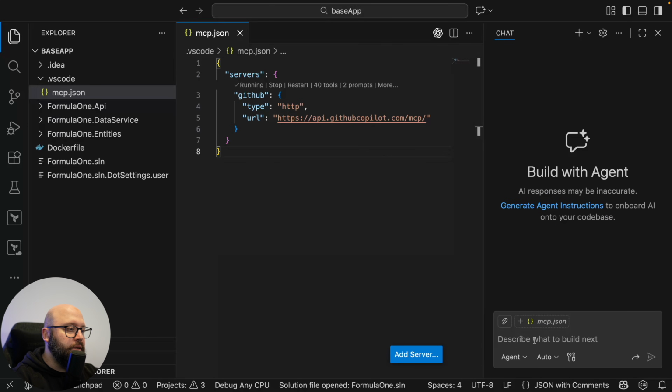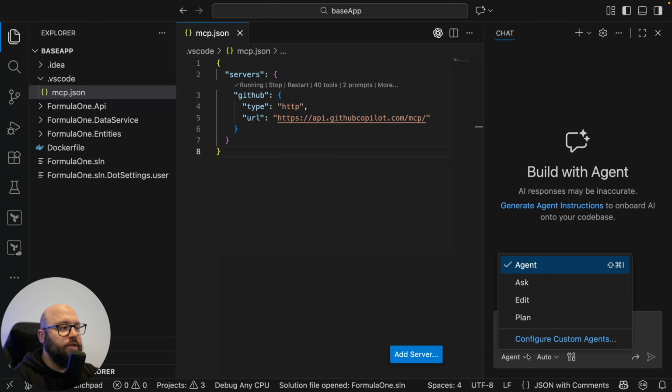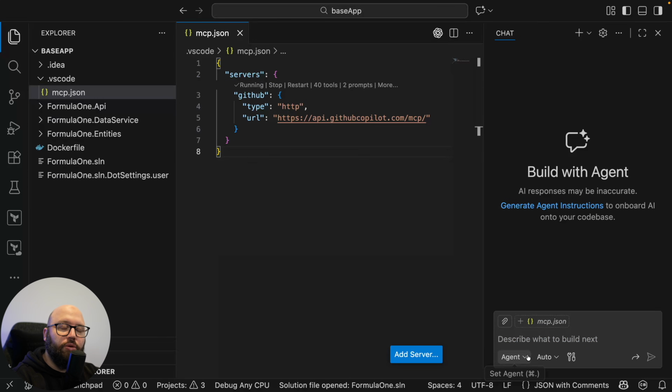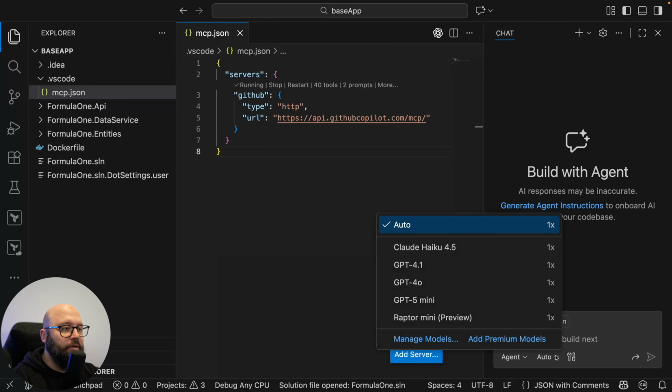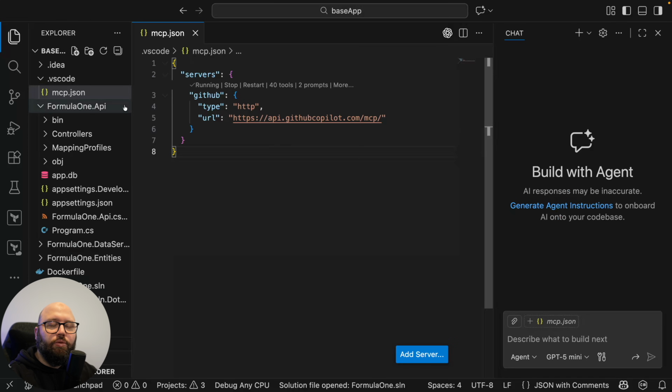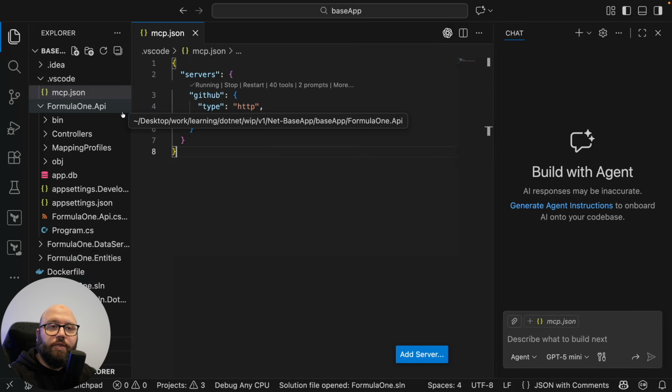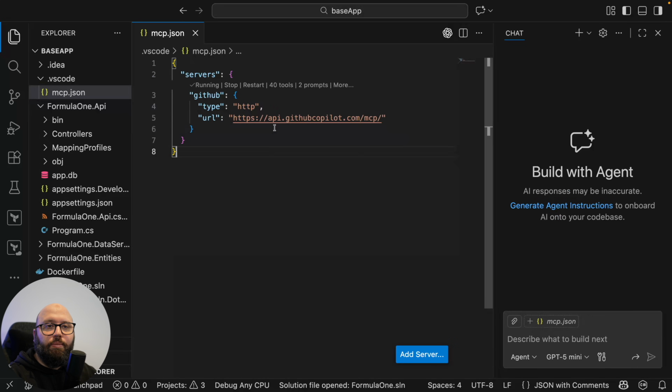The other one here is we can see we have here agent mode, and this is what I want to do. I want to basically allocate an agent for me to do all of this as well. I have here what AI model I want to use. I want to use GPT-4o. I want to use, for example, GPT-5 mini. I want to use Claude, whatever it is. So now that my server is running, what I want to do is I want to add additional information